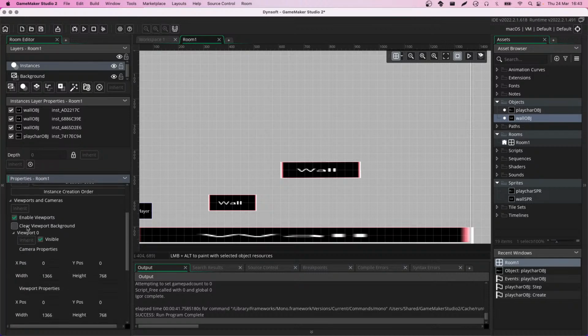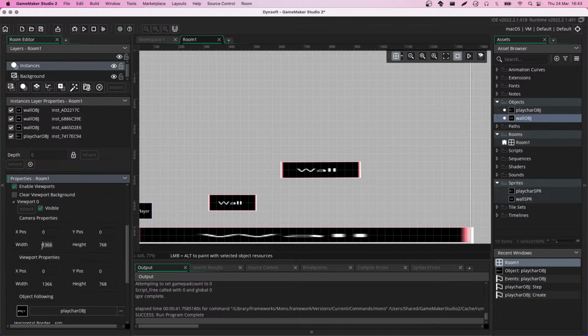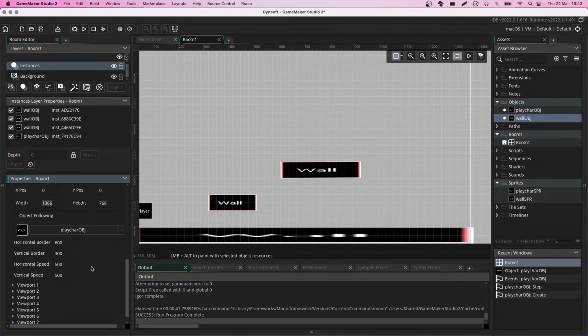And then I've made viewport 0. I've made it visible. I've told it how big I want the camera to be and how big I want the window on my computer to be when the game runs. Then I told it to follow the player character. Then I gave it